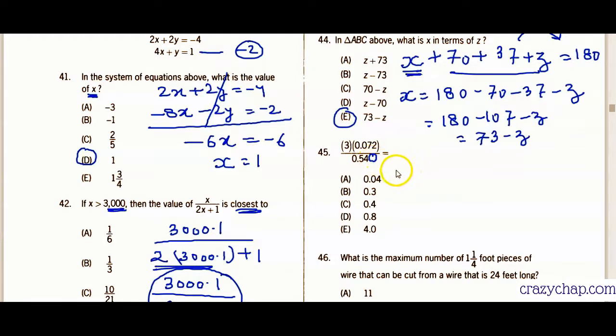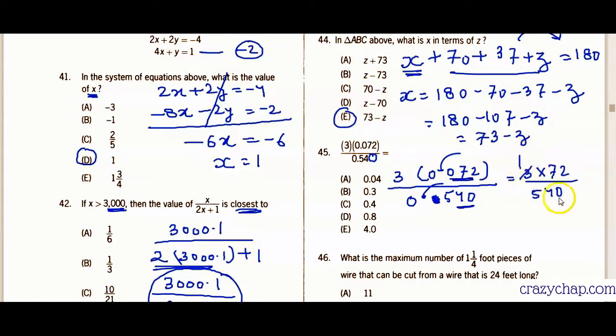Over 0.0, sorry, 0.540. Okay. Now after decimal we have 3 digits here. After decimal we have 3 digits here. So this can be easily removed. We'll just remove them. So the number we are left with is 540. So you have just to calculate that. Do that calculation. So we'll do that. 3 times 1 and 3 180. So it is 72 over 180. We'll cancel that, 18 times 4 is 72 and 18 times 10 is 180. So we get 4, right?